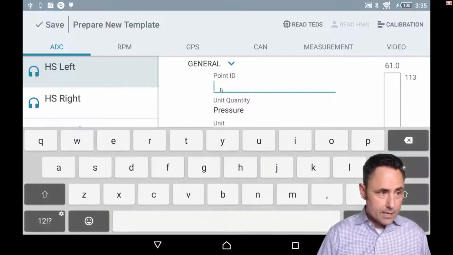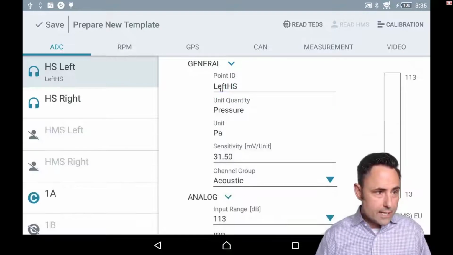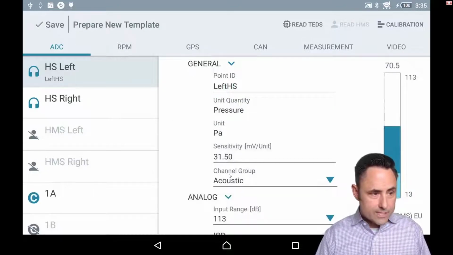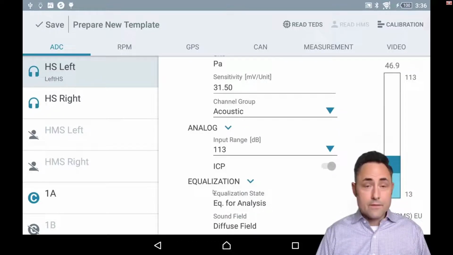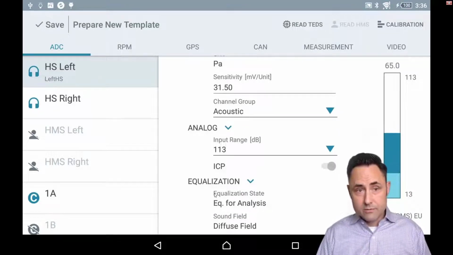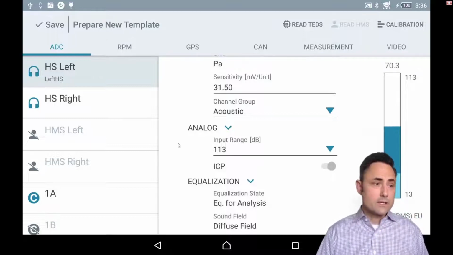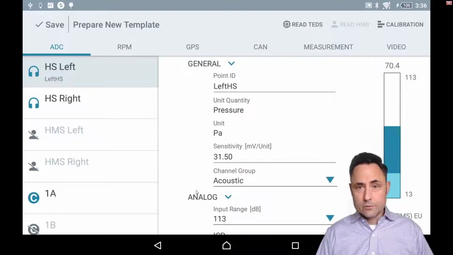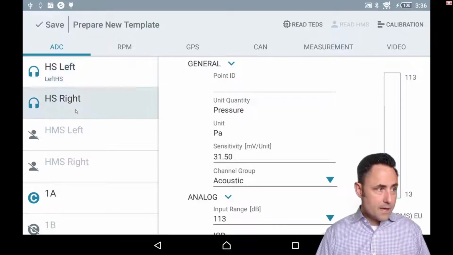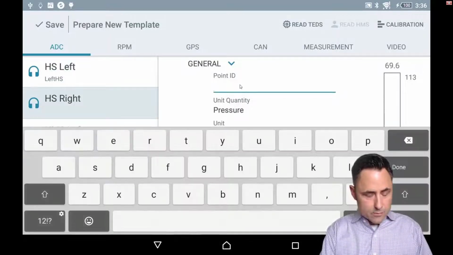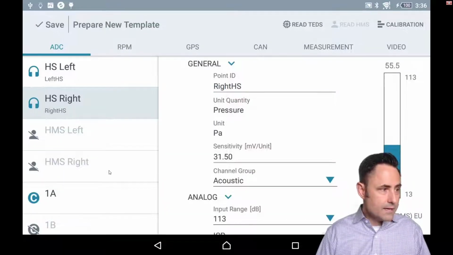Okay, I can come in here and I can type maybe a user ID. It's already set up in the acoustic group, the sensitivity is already there, and this is where I can do the equalization for analysis. So it's going to remove the head and torso effect automatically for me, and it will reapply that when I use it to play back the recordings. All right, similarly I can come over here and say this is the right headset,